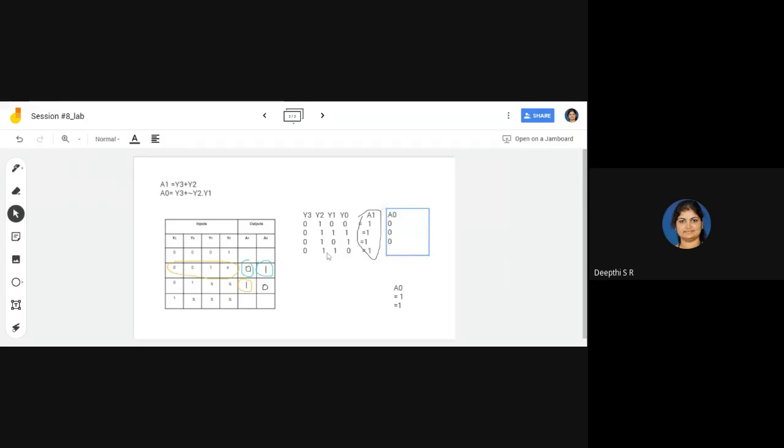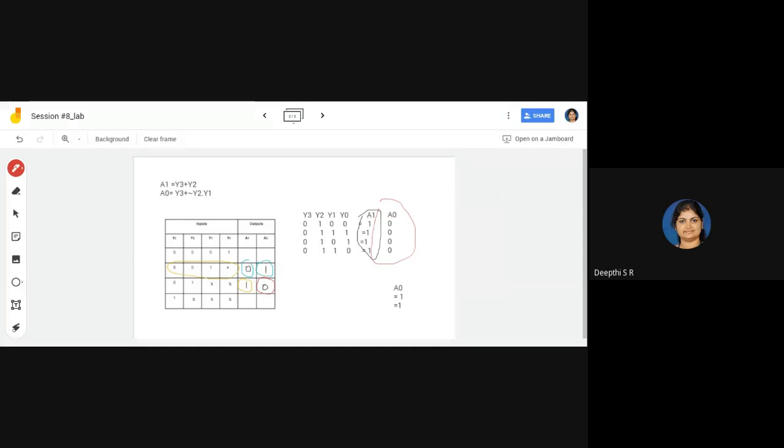For the last one, not of y2 is 0, 0 ANDed with 1 is 0, and 0 ANDed with 0 is 0. So you got the output as 0 for all the cases. So it is the same thing we were expecting.